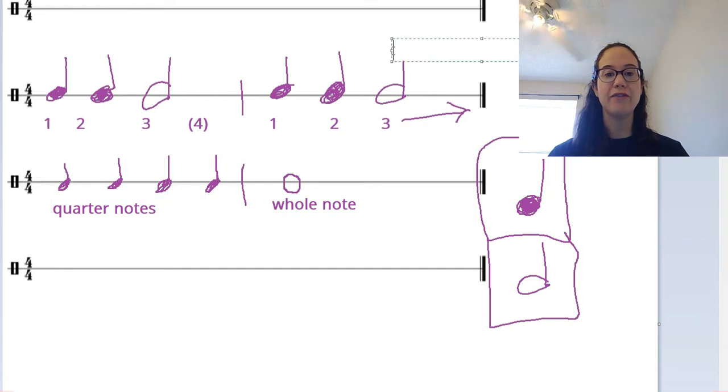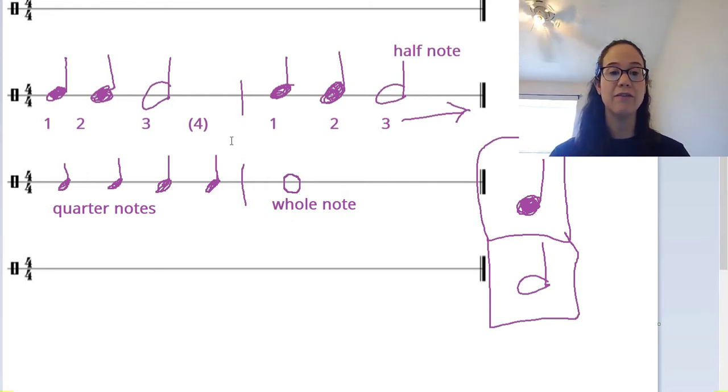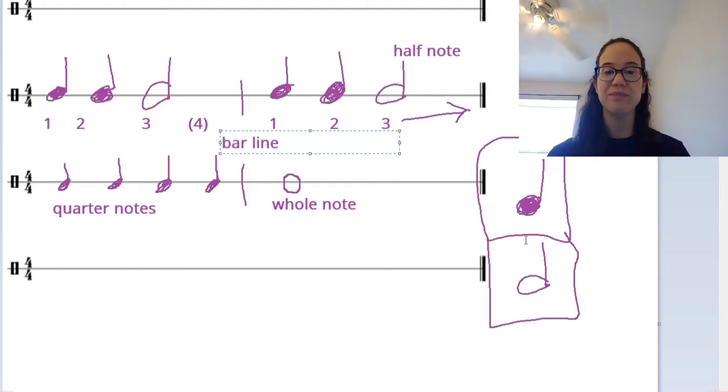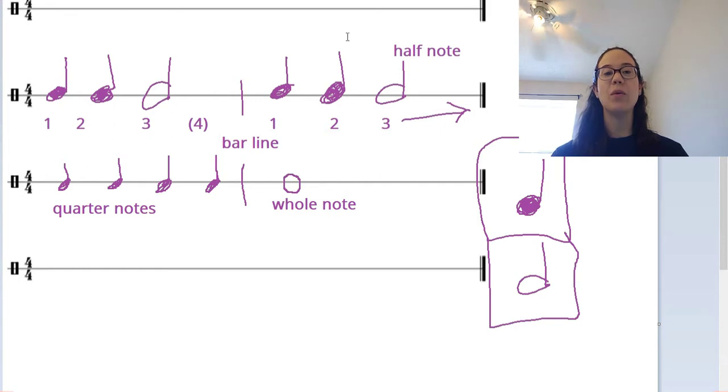I'm going to label our half note up here. In the very center of both of these, we have a bar line. That bar line ends a measure. And then way over here on the side,